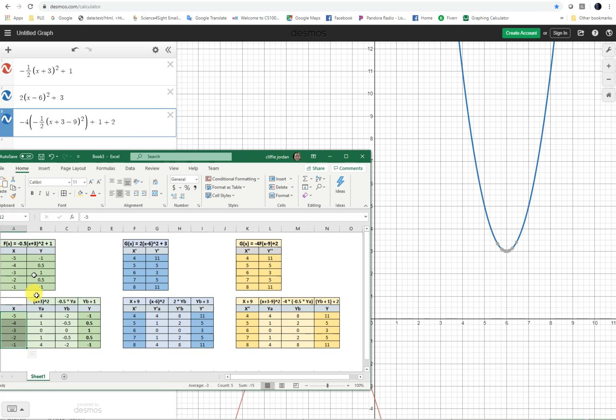And then for f of x, the first part we're going to calculate is the x plus 3 quantity squared. When I calculate that, it's just the x value right here plus 3 quantity squared. Okay. What do I get? I get this value right here,